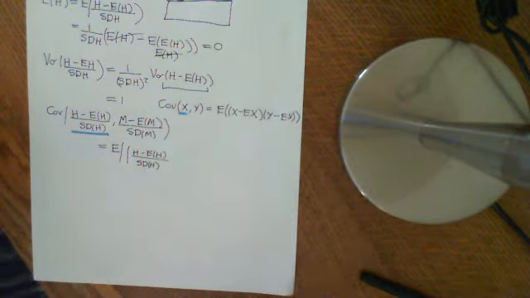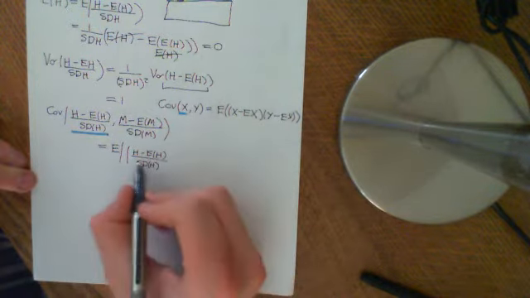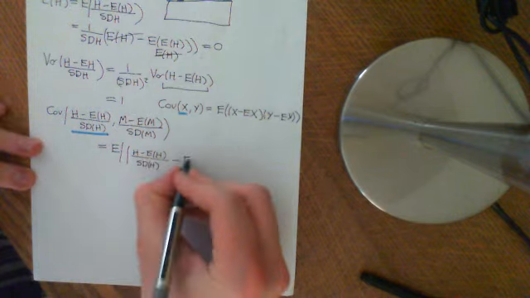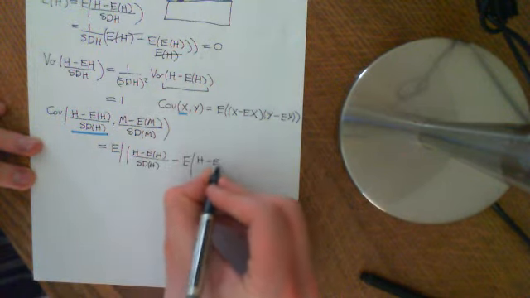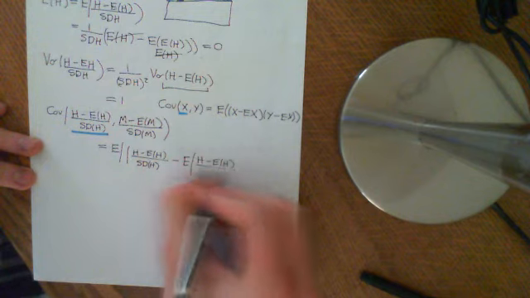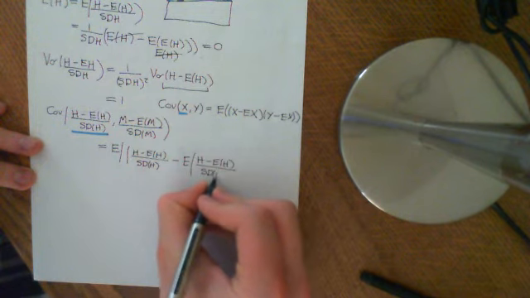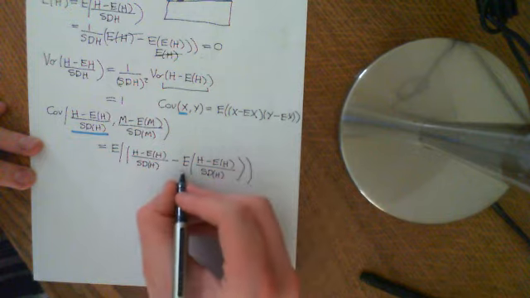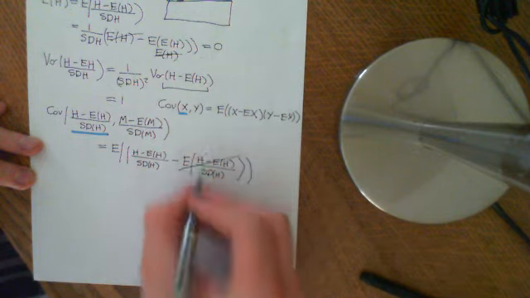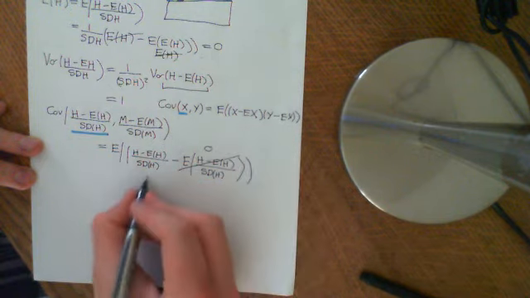So I need to put in x here, so I put this in as x, and now I need to put in minus the expected value of all of this thing, h minus the expected value of h, divided by the standard deviation of h. But I've just shown you that the expected value of a standardized random variable like that is equal to 0, so I can get rid of that instantly. Similarly, I would get